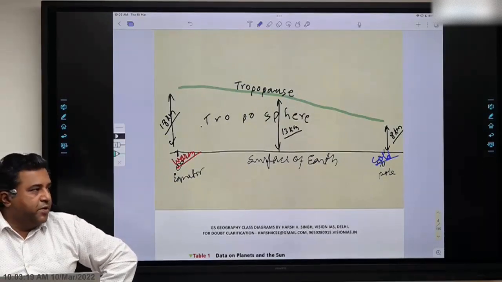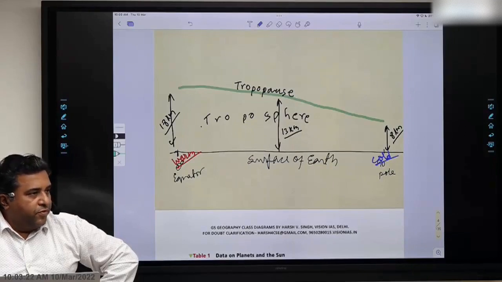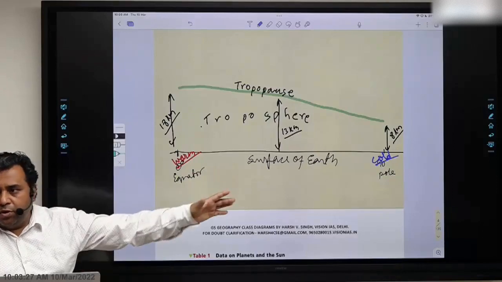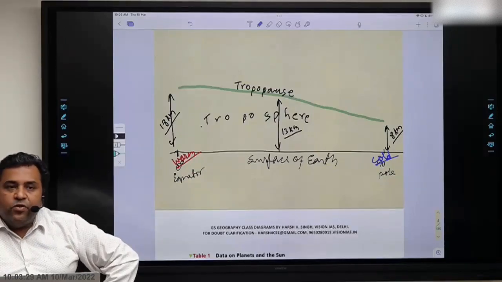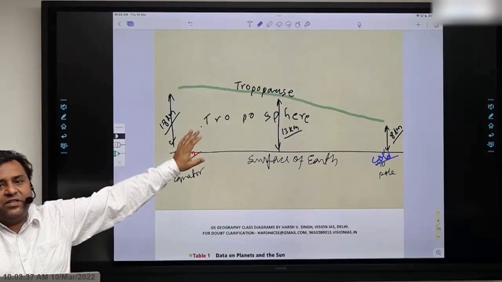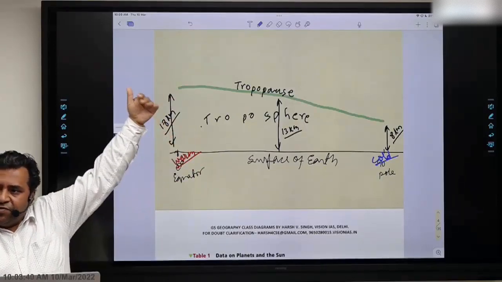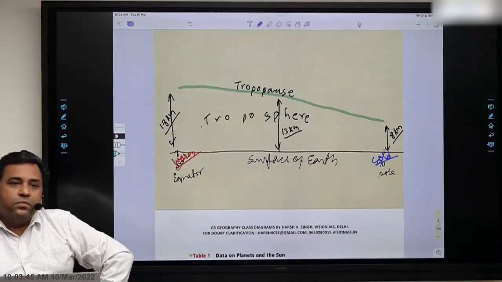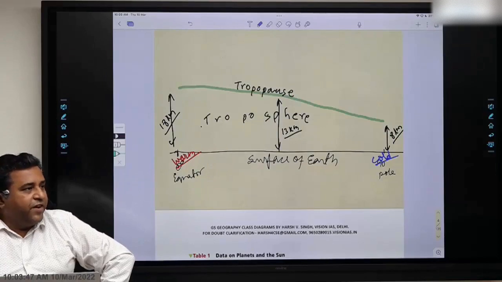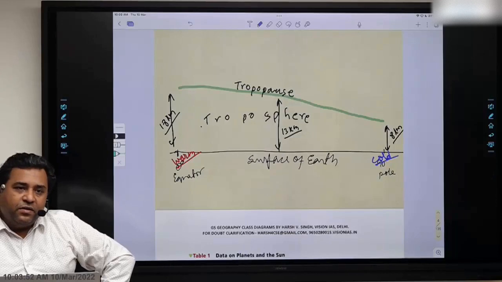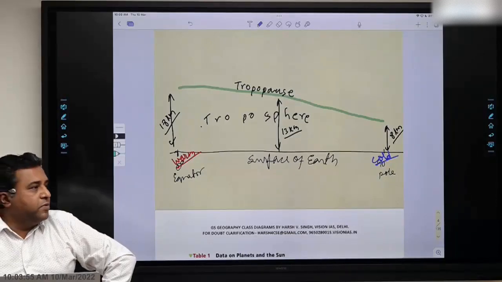And do draw along with me. If you want, I can go slow, but keep drawing also. So warm, cold. Is that clear? Now, because the equatorial region is warm, the air in contact, because this is the region which is touching the ground, that's the only part of the atmosphere which touches the ground. Right? Every other part of the atmosphere is above it. So if this part is touching the ground, then it should be affected by the ground. Yes or no? Affect भी होना चाहिए. So if it is affected by the ground, then whatever is the temperature of the ground will affect it. So in the equatorial region, what is the temperature of the ground?